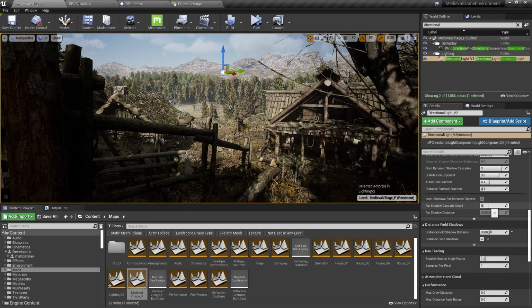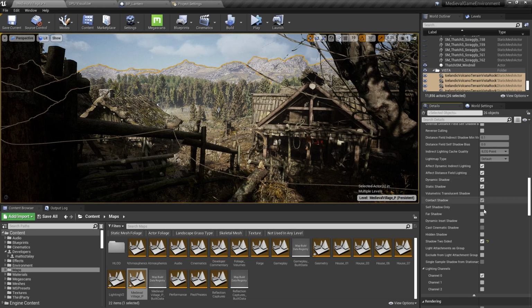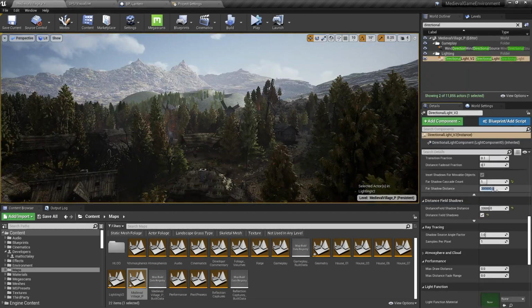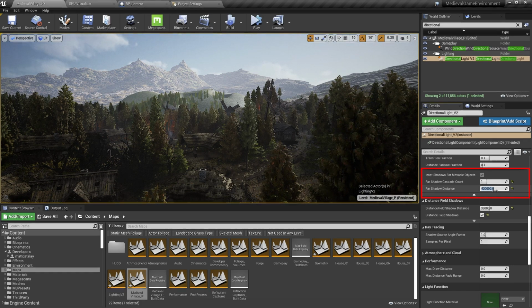First, in the directional light, I'll set the number of Far Cascades to 1. For this project, I knew that I wanted the mountains off in the distance to cast shadows on themselves and each other, so I'll select those actors and click the Far Shadow checkbox. Finally, I tuned the far shadow distance to ensure those mountains were casting shadows. This pushed the distance out a little further than the default, however, this was significantly less expensive than any of the alternatives. I used the same method I described with distance field shadows. I just slowly pushed the distance up until I got the shadows I wanted.